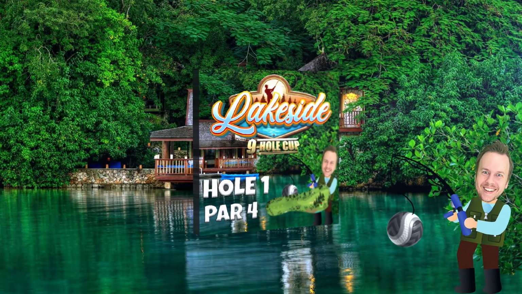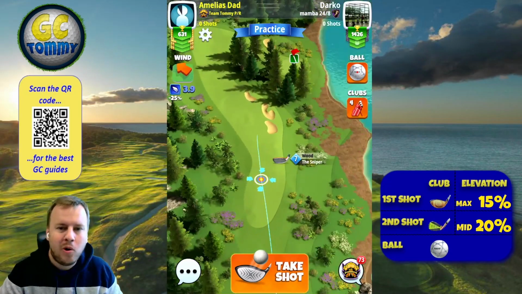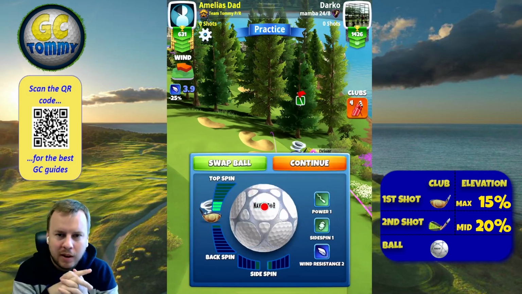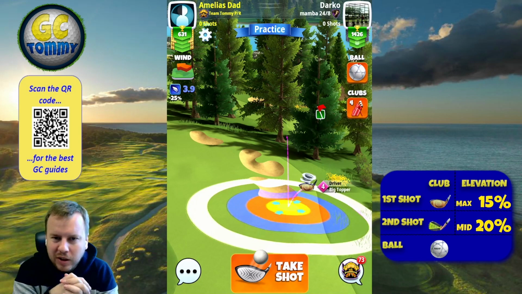Now, let's go to hole number 1. For hole number 1, we're gonna go for green, or at least to be very close to green. That we're gonna do by going through the trees. I believe that taking the risk